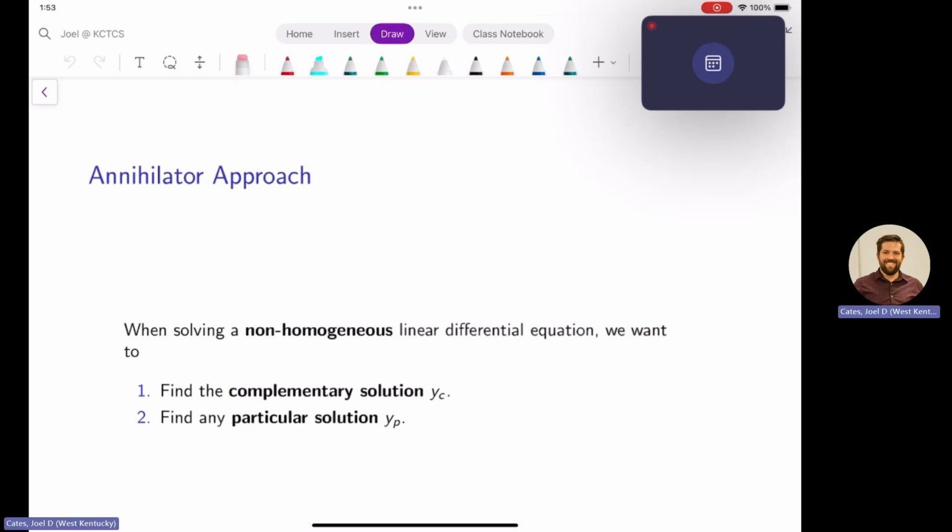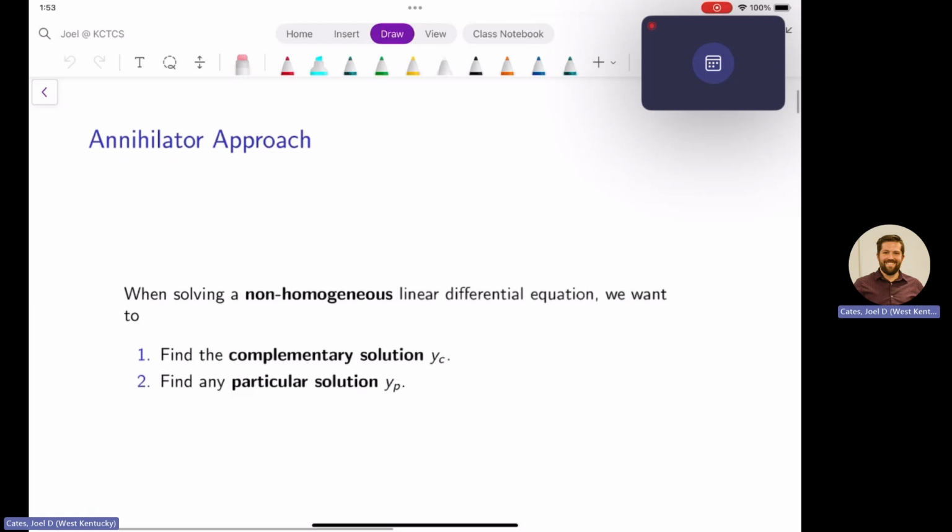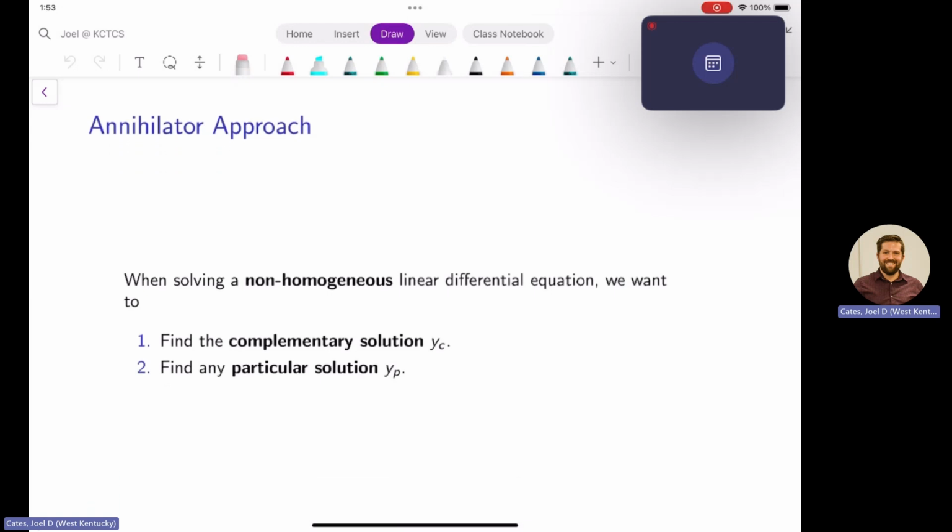In this video, we're going to be discussing the annihilator approach to solving differential equations. Before we can go too far into the method, we need to talk about what's going on here. When we go to solve a non-homogeneous linear differential equation, we have to find the complementary solution and the particular solution. Remember, the complementary solution goes with solving our